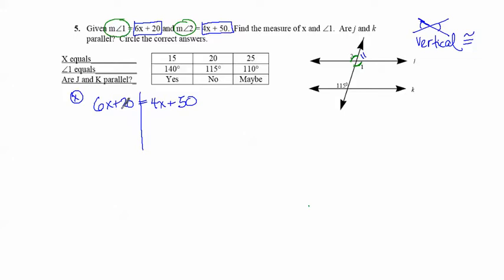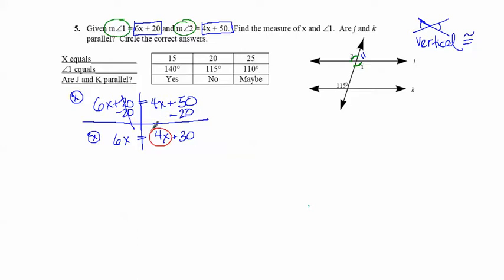I'm going to keep all my terms with x's on the left-hand side, which means this 20 that does not have an x, I'm going to cancel it out. What I do on one side, I do on the other. And 6x is equal to 4x, 50 minus 20 is a 30. Reminding myself that I want all the x terms on the left-hand side,